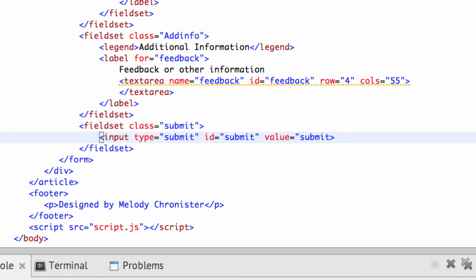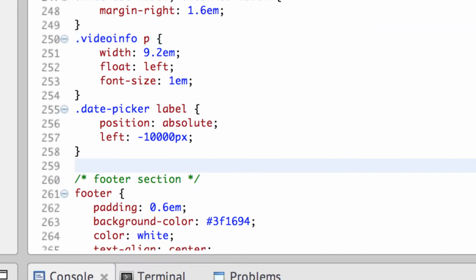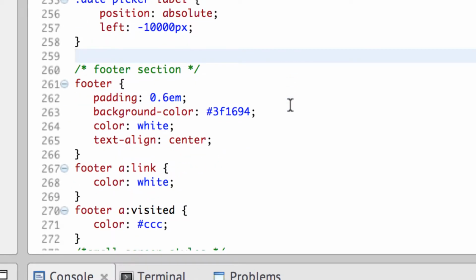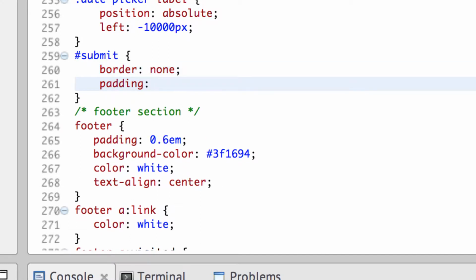Oh, I know that quote ended up on the outside. There we go. And then we're going to actually apply some styles here. So we're going to go into our styles, and I'm going to stick this here at the bottom above our footer. Remember the ID we used was submit, so that's #submit, space, and then opening bracket, and then we're going to put in a border of none, a padding of 0.4em 0.6em, and